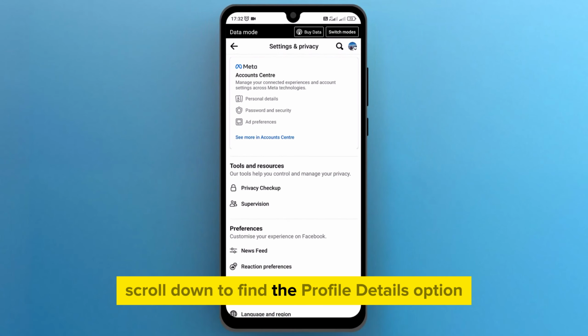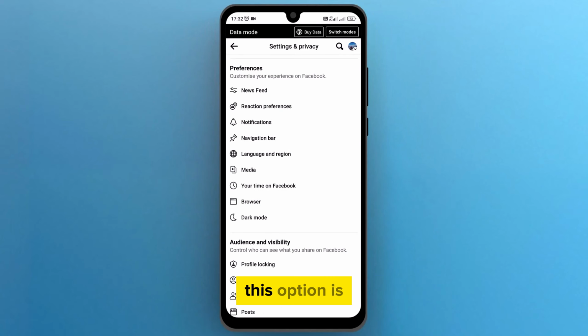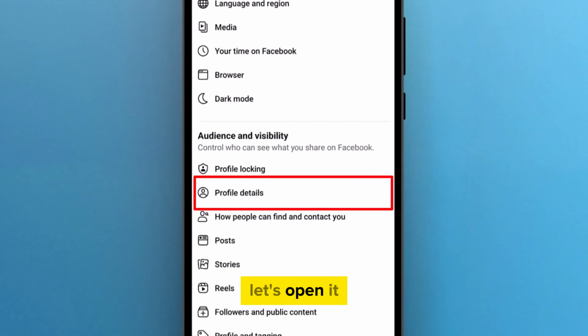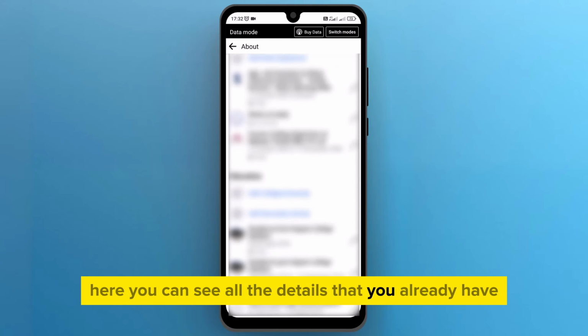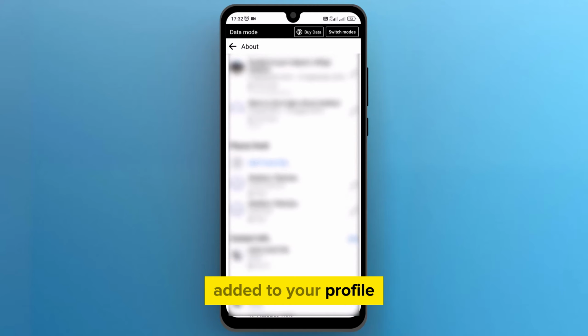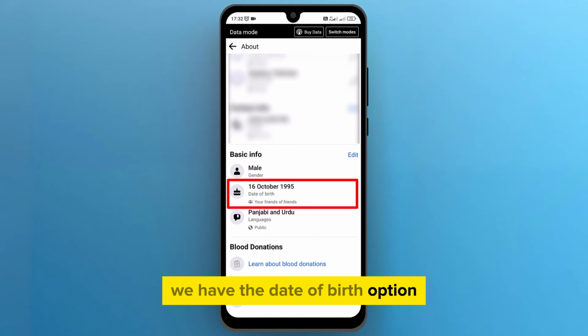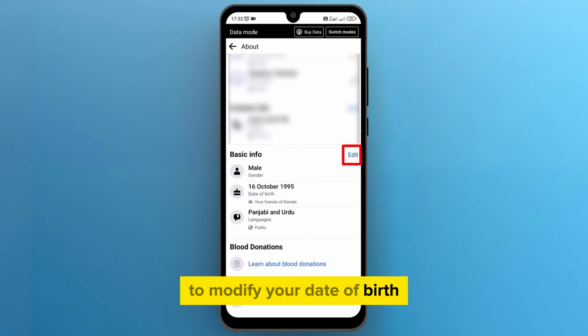Scroll down to find the Profile Details option. This option is available in the Audience and Visibility section. Let's open it. Here you can see all the details that you already have added to your profile. In the Basic Info section, we have the Date of Birth option. To modify your date of birth, tap on Edit